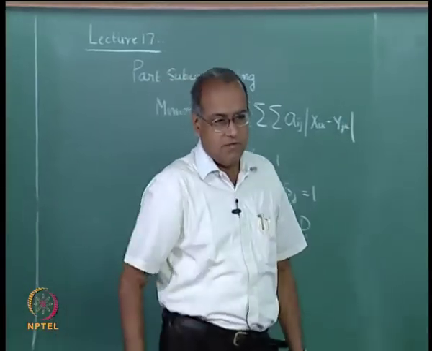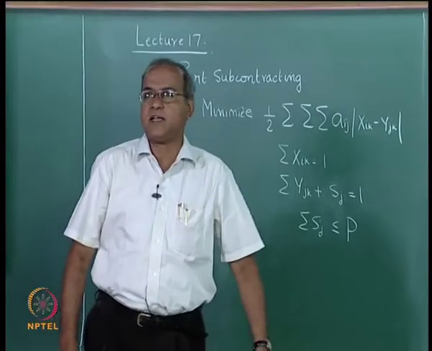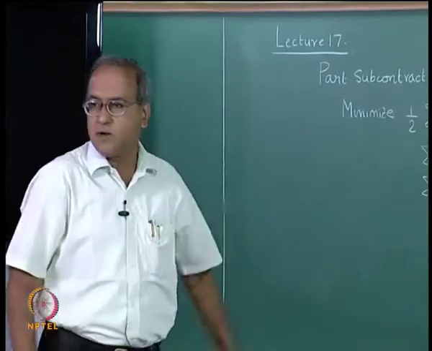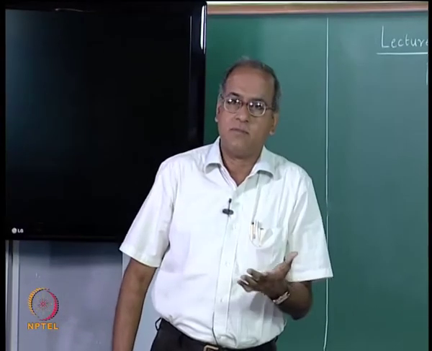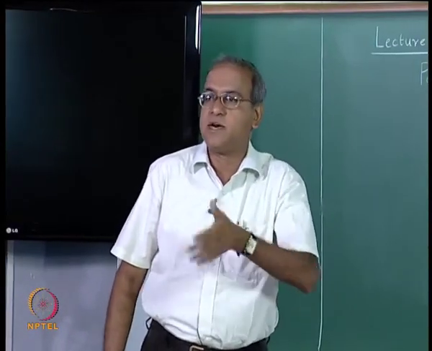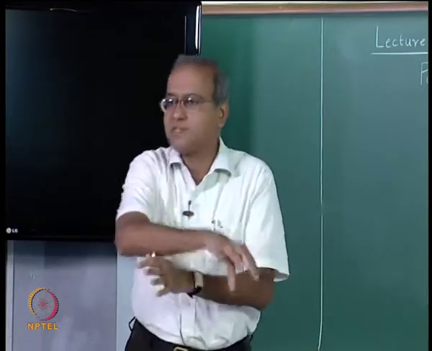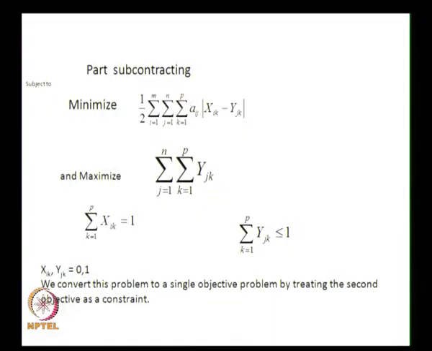Now, in the slide what I have done is, I have said that now when you give this condition, this is written from the constraint sigma y j k less than or equal to 1. Now, that is rewritten as plus Sj equal to 1. So, if we want to look at that constraint, we could try to either minimize the number of parts that are subcontracted or try to maximize the number of parts that go into the cell. So, the corresponding objective is written as maximize sigma y j k.